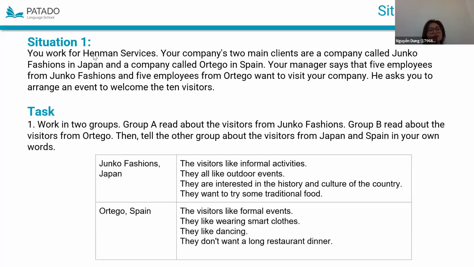In contrast to the first visitor, they like formal events, so we can give them our uniform from our factory. They are smart clothes.